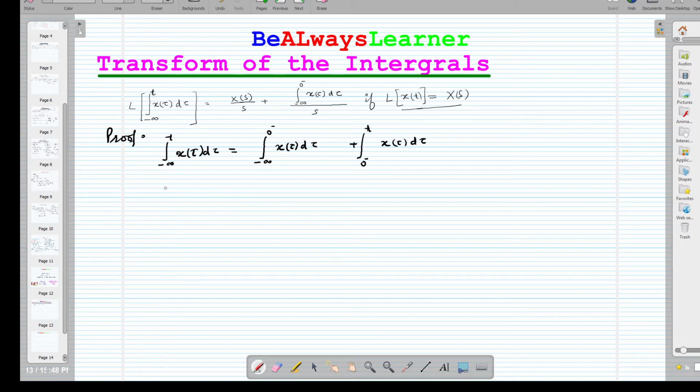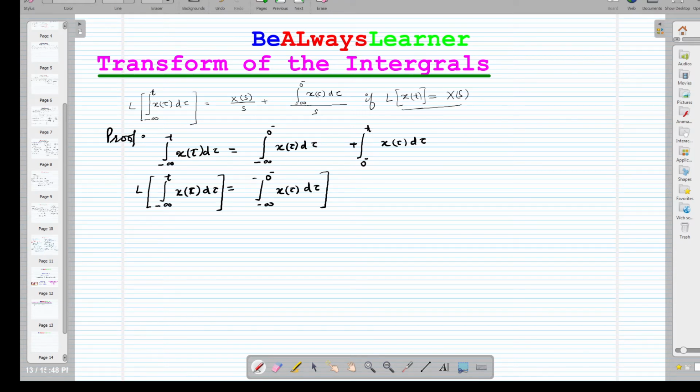If we take the Laplace transform from minus infinity to t of x(tau) d tau, that is equal to the Laplace transform of the integral from minus infinity to 0 negative of x(tau) d tau